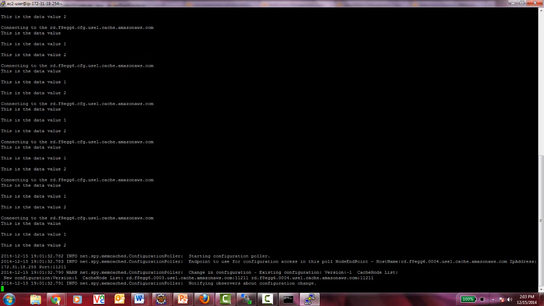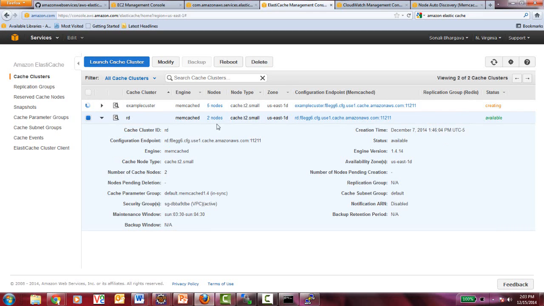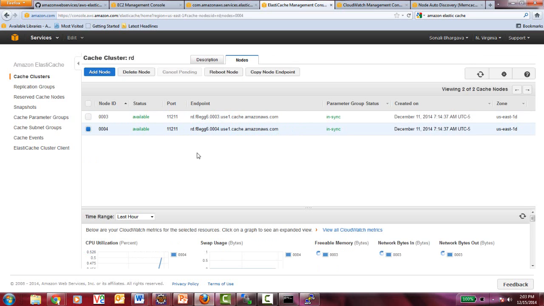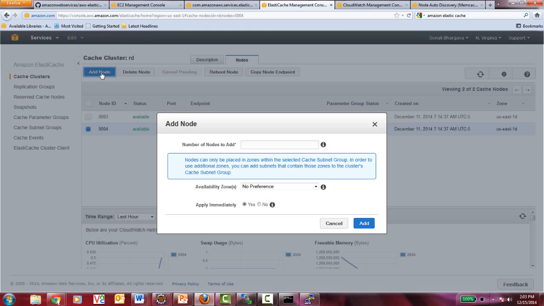And see, it started pulling the configuration. It detects that there are two nodes, node 003 and then node 004. And if we go back and see here these two nodes, 003, these endpoints, and now if I try to add another node,